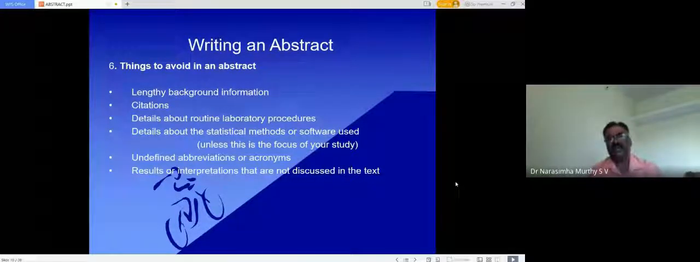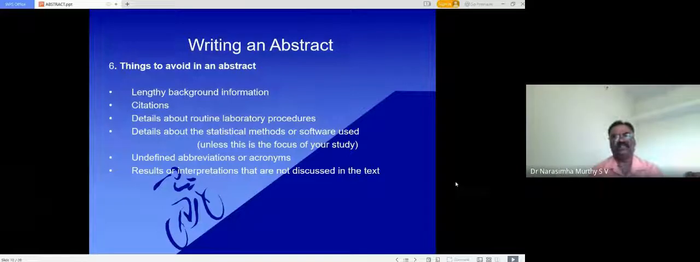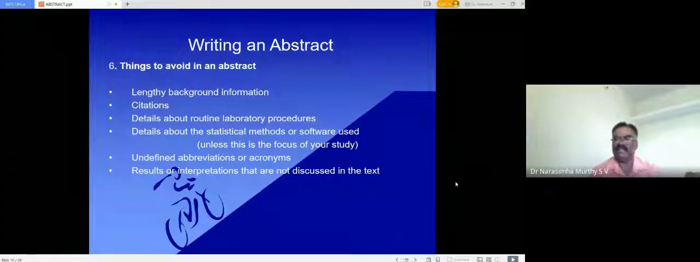The next point is citations. You should completely avoid citations, because an abstract is not a place for citations, and it should come only in the main article or research paper. Then, if it is a scientific abstract, there should not be any routine laboratory procedures that we conduct every day. That should be avoided. And too many details about the statistical methods or the software used, you should completely avoid it,